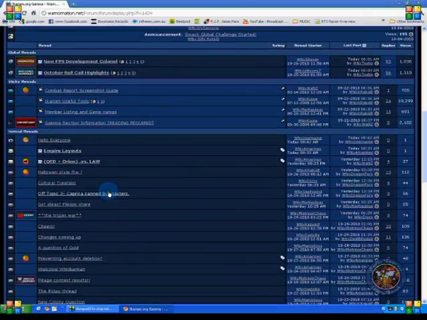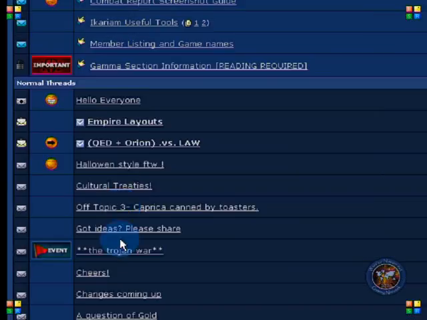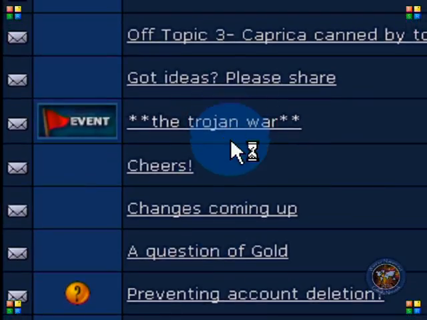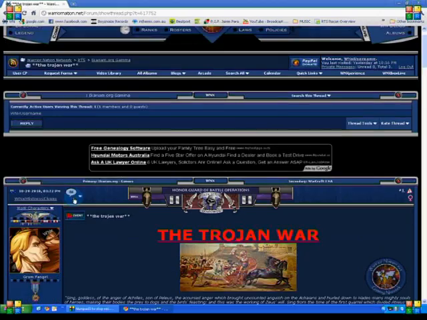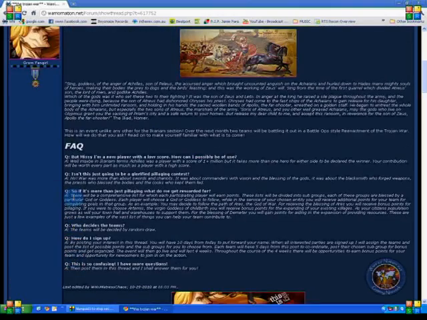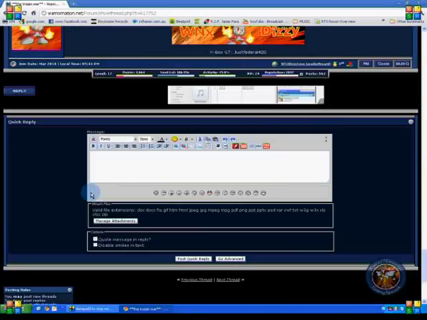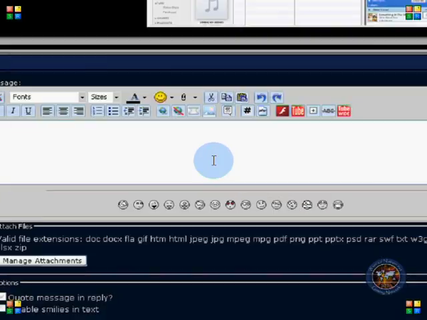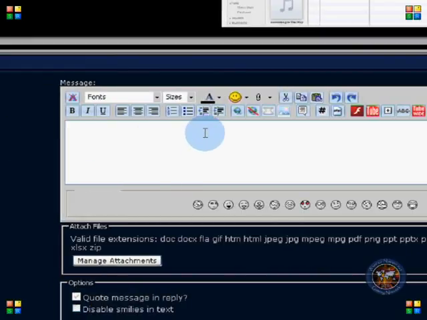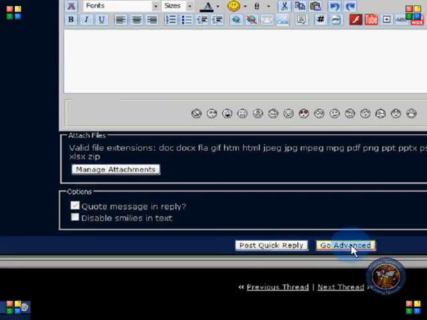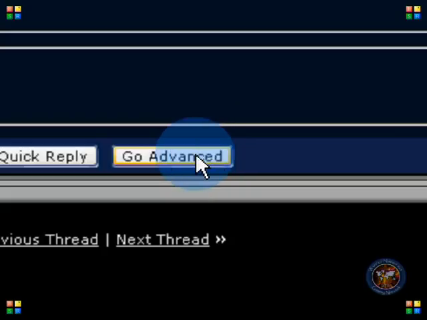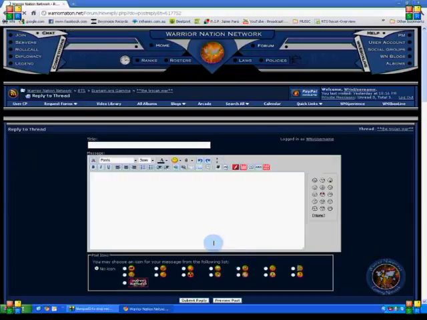Okay, so the next part we're going to show you is how to post. Say if there's an event on, so here we go, we've got one called the Trojan War. If you wanted to be part of that event, you'd just read it, understand it, then you would scroll to the bottom, and there's a system here, and you can just do a quick reply, as you can see just here. Otherwise, if you want more features to your reply, then you would go to the bottom here and you click Go Advanced, and then you can write